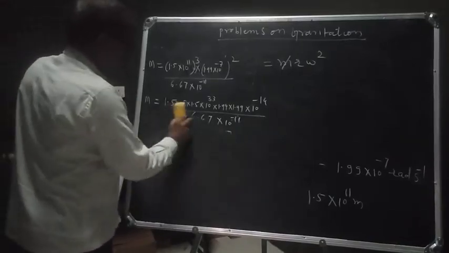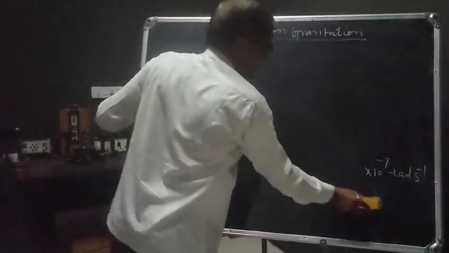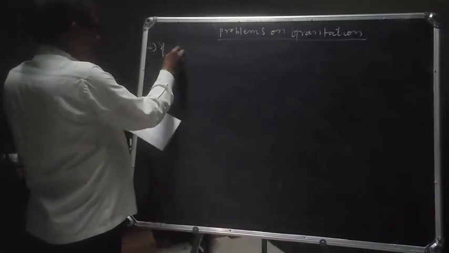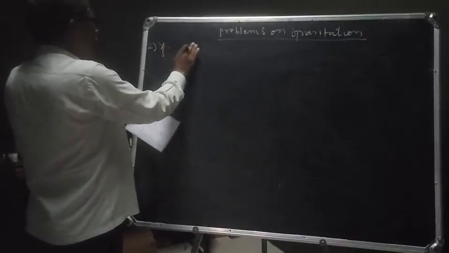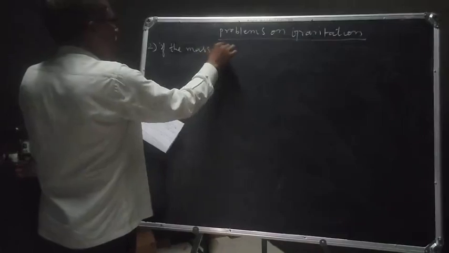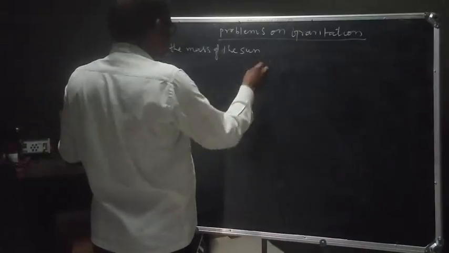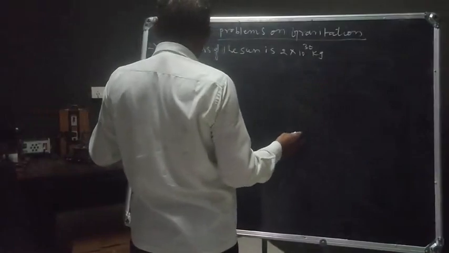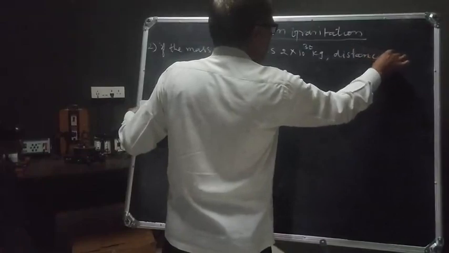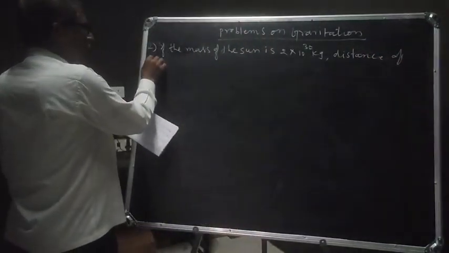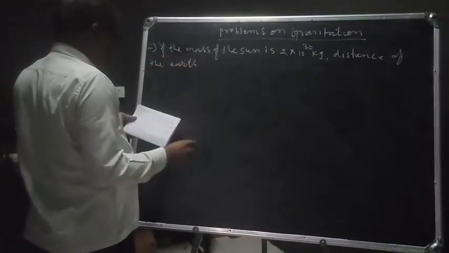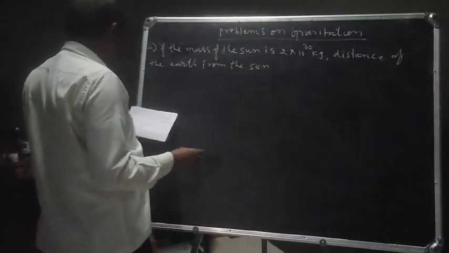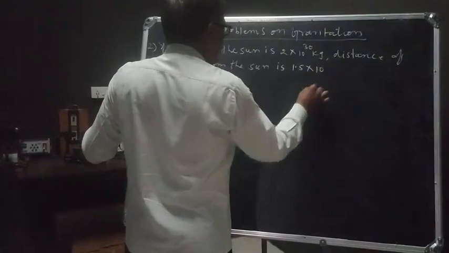Let's write the second problem. The second problem is: if the mass of the sun is 2 into 10 raised to 30 kilogram, the distance of the earth from the sun is 1.5 into 10 raised to 11 meter,